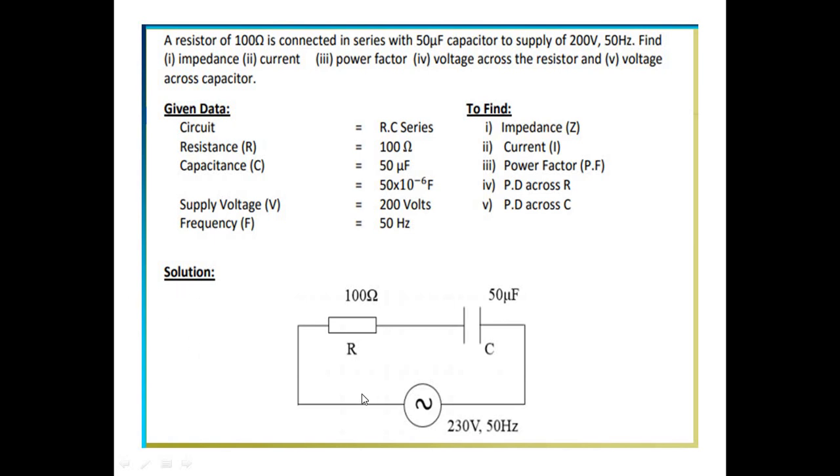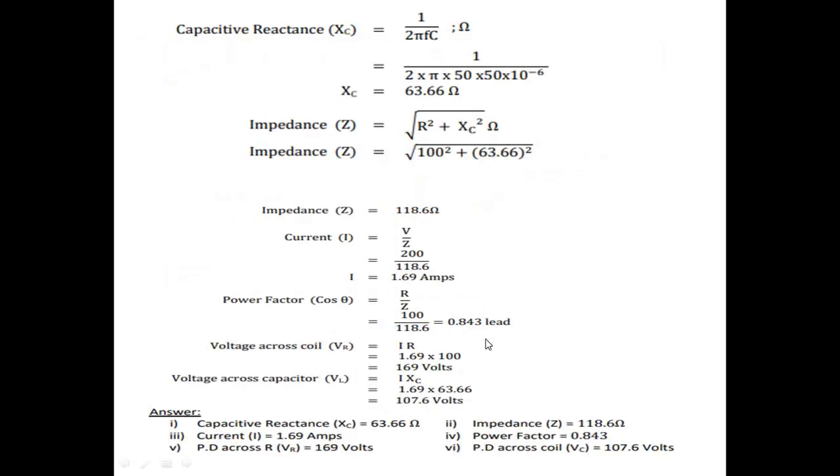Then the solution. Here R and C are connected in series in an AC circuit, with a 200 volt, 50 hertz AC supply, 100 ohm resistance, 50 microfarad capacitance. First we have to calculate the capacitive reactance. XC is equal to 1 by 2 pi fC, 1 by 2 pi into frequency 50 into 50 into 10 to the power minus 6. Here the capacitive reactance XC is equal to